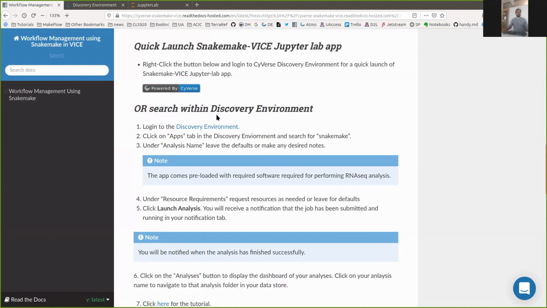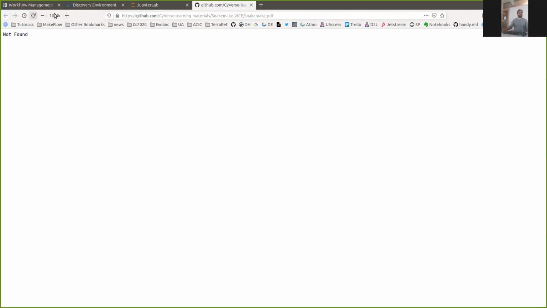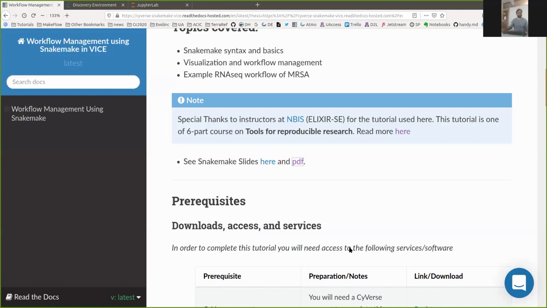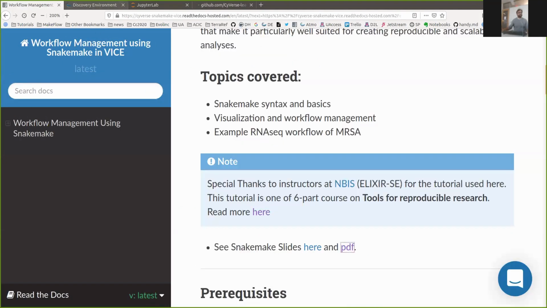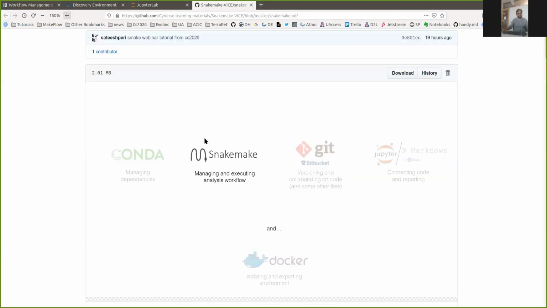while in the meanwhile we go over the introduction for Snakemake. For the introduction, I'm going to use the PDF that I have listed in the Read the Docs. Okay,